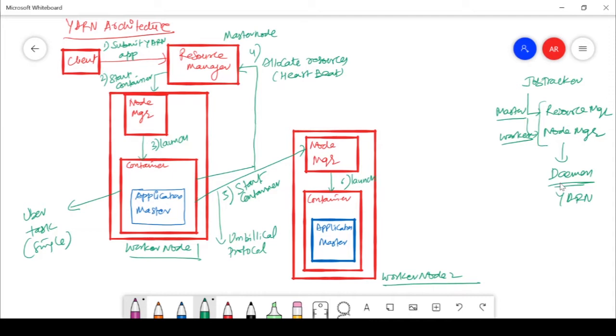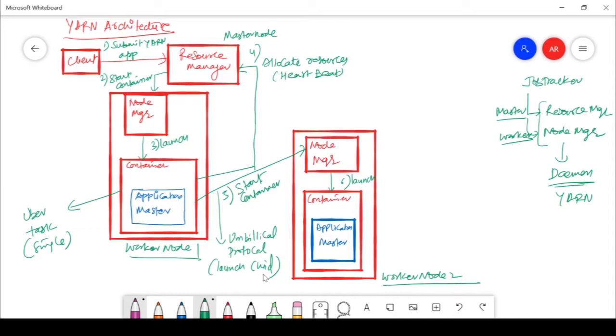Similarly, the umbilical protocol is needed, and it is launching the child. This protocol is called the umbilical protocol, right?